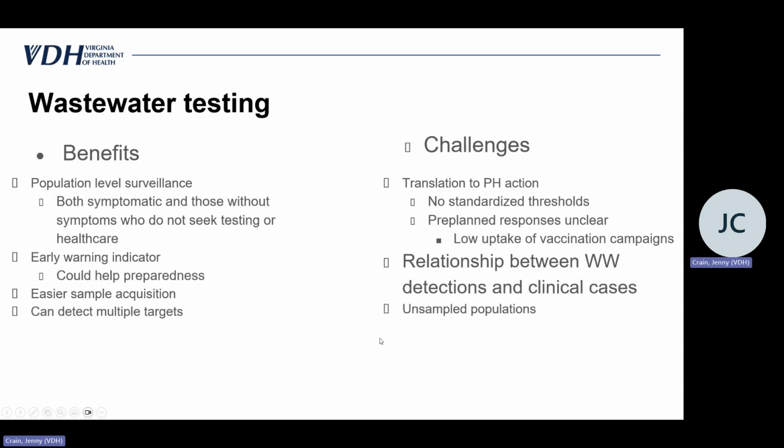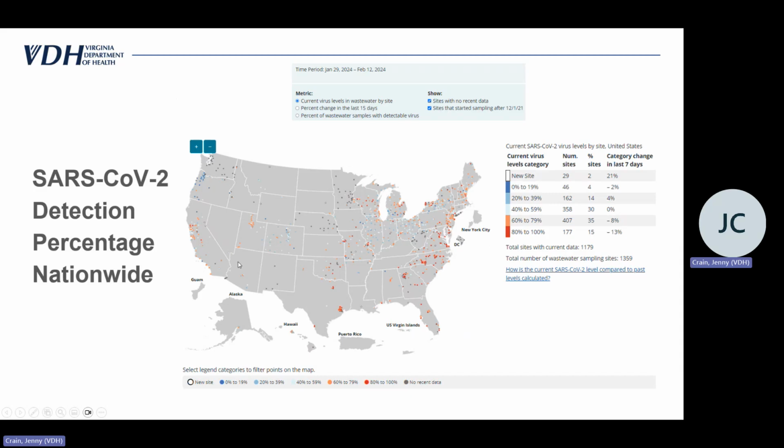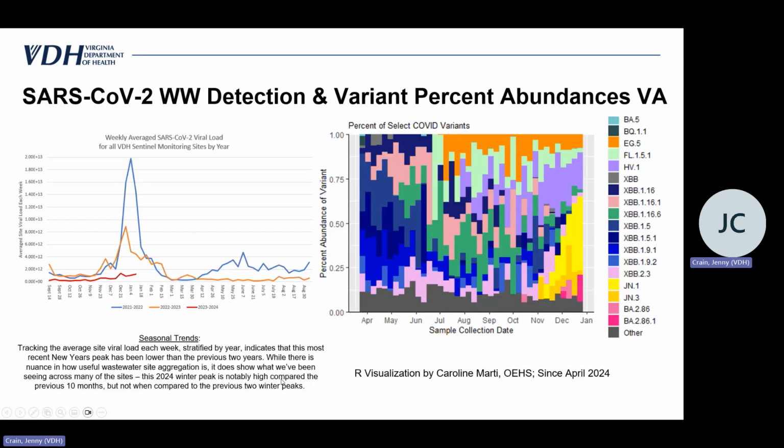But it certainly is another piece of information that we can add to our intelligence and our investigative public health responses. Multiple different targets have been added, and it continues to change and advance over time in terms of standardizing methods and trying to understand how to apply this information. Okay, this is just another screen grab from the National Wastewater Surveillance System, and it shows you what that aggregate data looks like, and you're able to zoom in on your specific state or county or region, and then look at that at a more granular level.